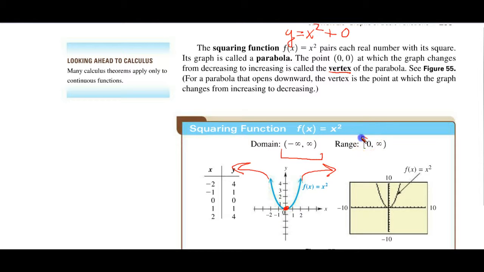And 0 is included in the set, so we use a bracket, and it's going up to positive infinity. So anytime you see an equation like y equals x squared, all you have to think of is it's basically this shape, but this goes through 0. And again, I would take notes on this